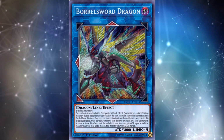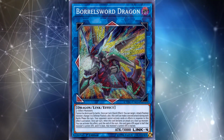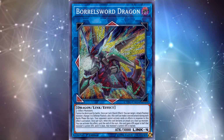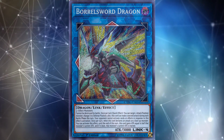So if you haven't been able to pick up Borel Sword Dragon, it seems very, very likely that with the release of Battles of Legend Heroes Revenge, you will actually be able to get one copy for whatever deck you want to play it in without breaking the bank as much as you would have if you bought it like 6 months ago. And then we have the last 2 cards, which are both rarity upgrades of some of the